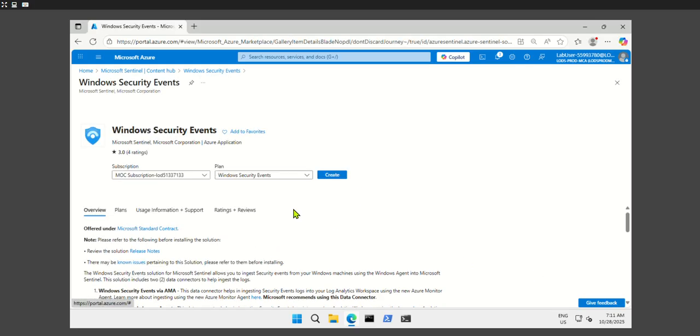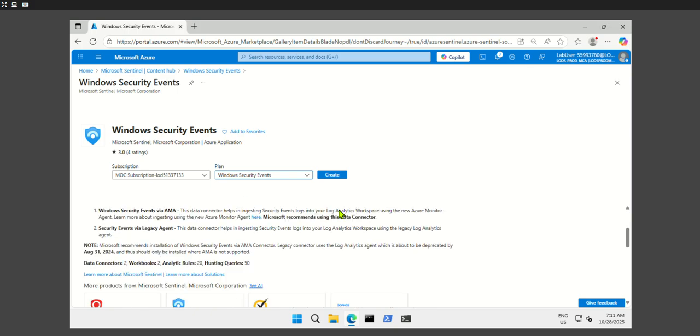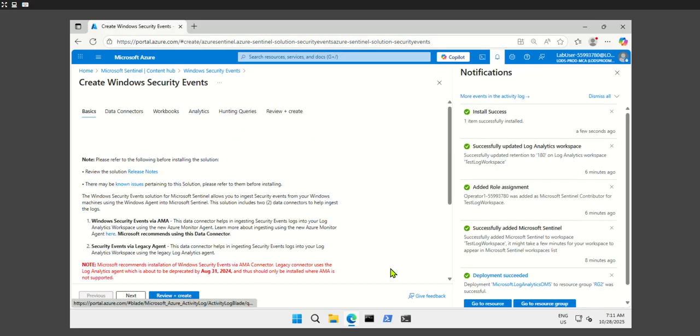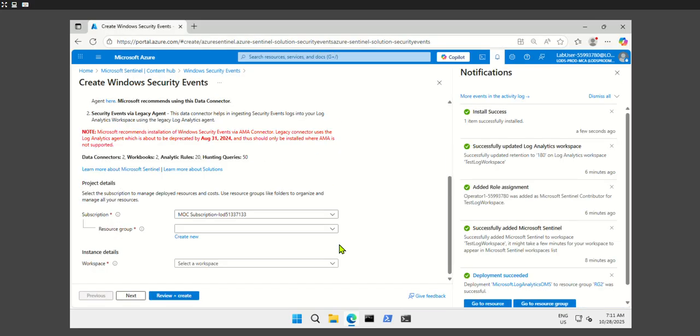So let's click on view details to make sure that, okay, this is added. Create a plan over here. Make sure the subscription is also selected. Resource group, your workspace, and